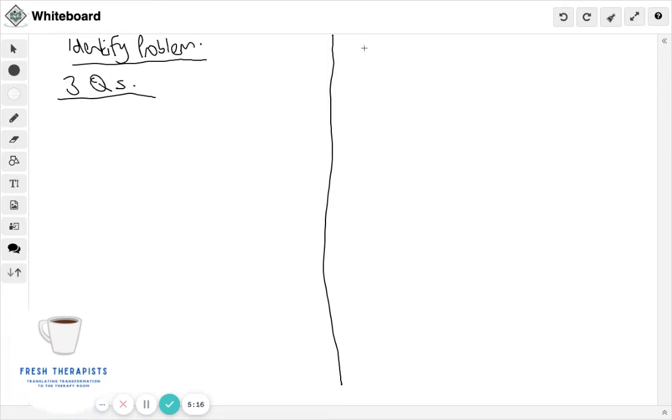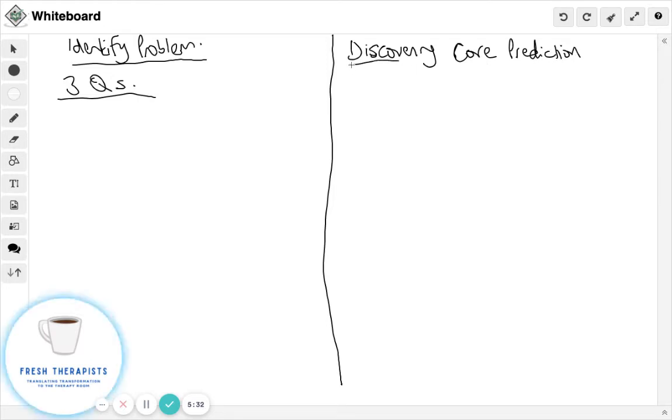And then the next 4 questions is all about discovering the core prediction. And there's 4 questions there. So we can split up these 7 questions, but I think they're really helpful to us. I've just been able to generate these 2 parts of that 3-part puzzle.